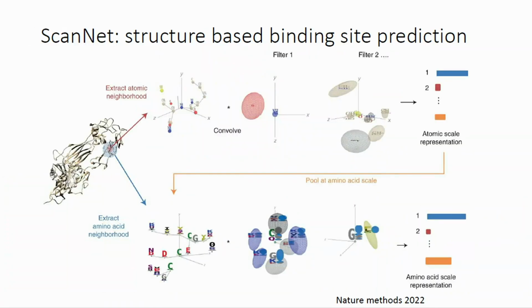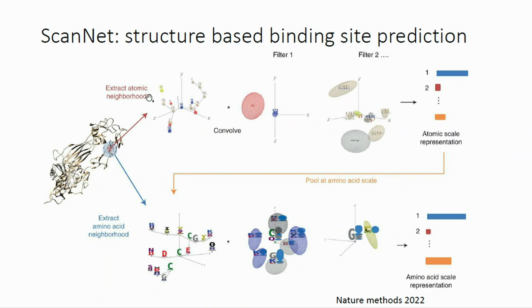Of course, if we have some structural information, that would be even better. ScanNet is a more recent architecture that people use to derive the binding site, and it's pretty good and a pretty popular tool. What it does is, again, making use of the geometric information, and you can precisely define different geometric graphs, which we will talk about a few lectures ahead, and you can define them at both the atom level and amino acid level. And usually this atom level neighborhood is important in deciding really precise and local interactions and information about the peptides.